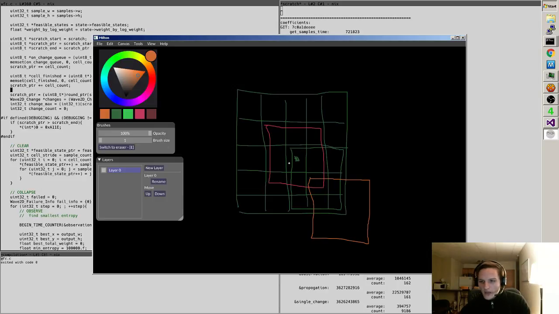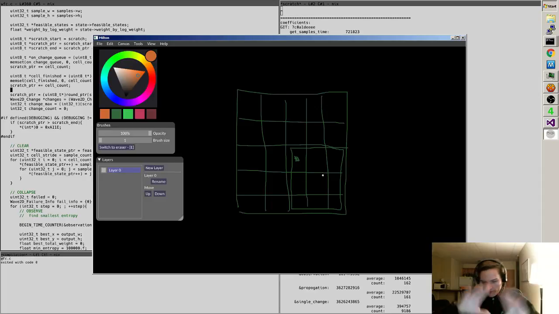I mean, one way to do it is to say we have the full output grid and we have certain spots that we know are established. So after I've done an observation and I've done all the propagation, I can look at where I have established spots, where only one possible value can show up here, only one possible value can show up here, and I mark all those established spots. And now I never propagate things that only have overlaps in established spots. So for instance, this whole area is established, and if I'm going through my propagation phase and I change this later,